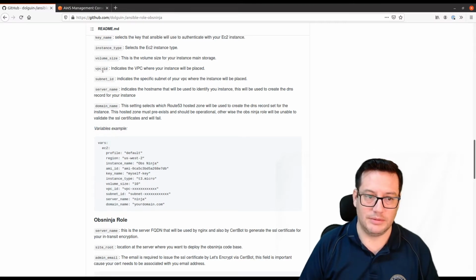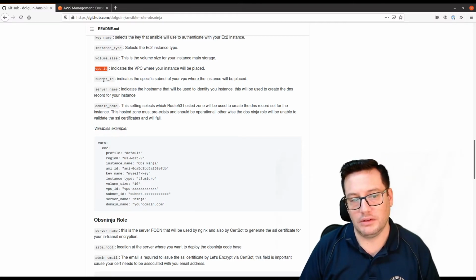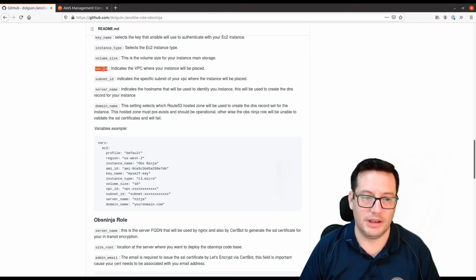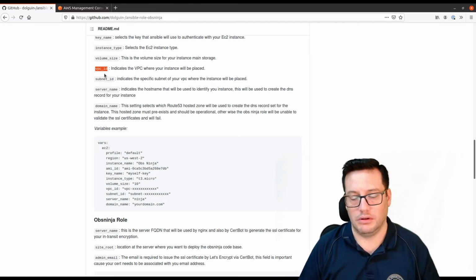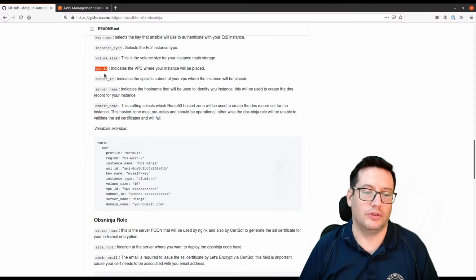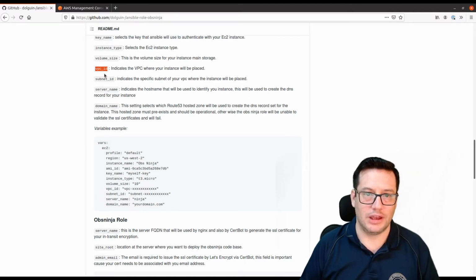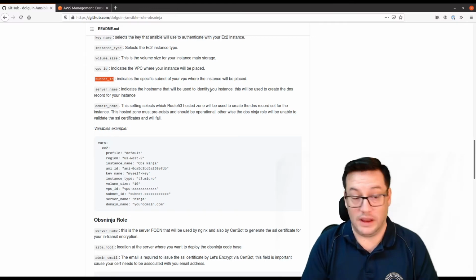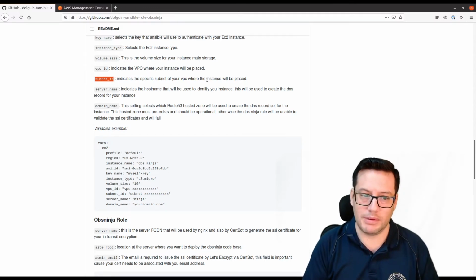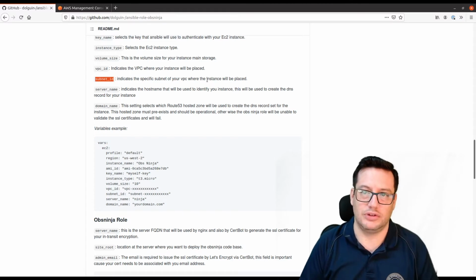These components need to be already done. Usually you can use the default VPC. I recommend no, but you can do it. You can put your own VPC and create your own network design to host your server. But if you don't have it, you can use the default VPC ID, and then you just select one subnet from your VPC ID. Of course, this needs to be